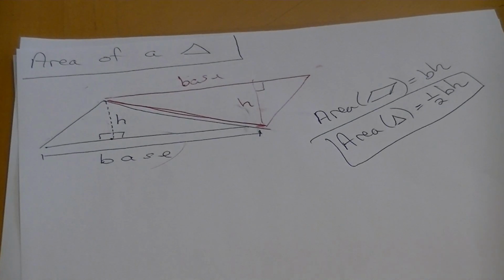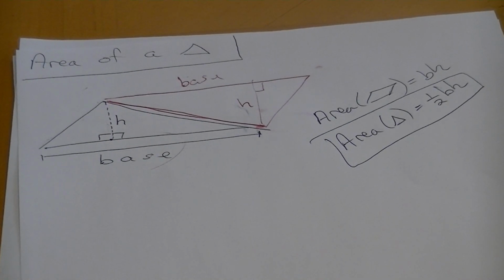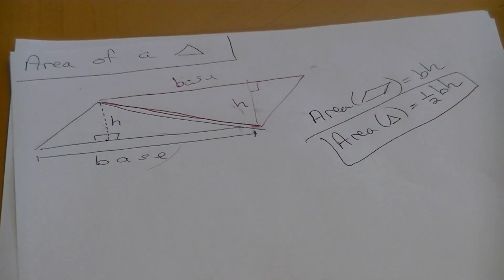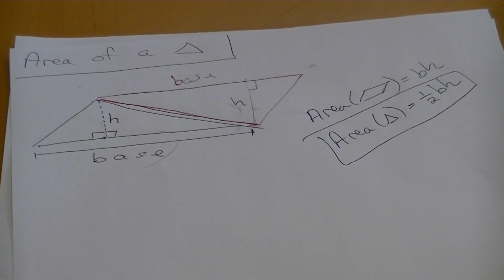There it is. Any triangle's area is 1/2 base times height because it's just half of a parallelogram with the same base and the same height. Remember, the height has to be perpendicular to the base. So you can add this to your flashcards or your list if you're keeping such notes. Next one,